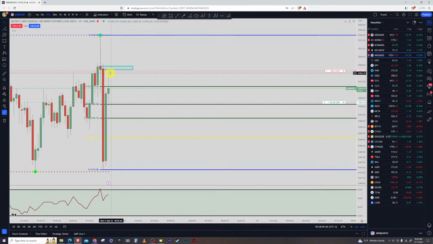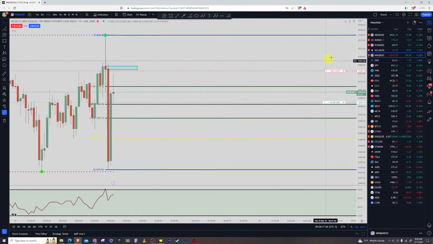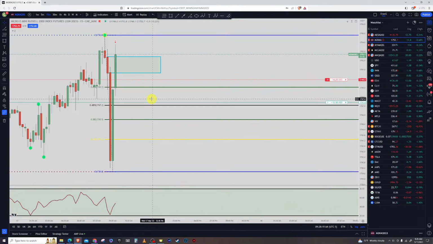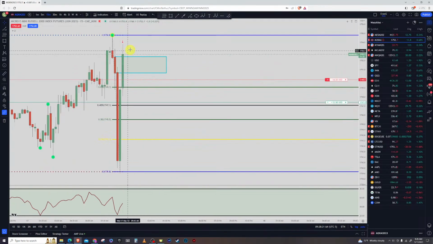So market has pushed up, didn't quite get us in right there. Unfortunately, that would have been really nice. Way it goes. Hopefully it'll keep on pushing up though, so we'll see. The market's popped off right here for the Russell, but no big deal. No problem holding overnight. You just have to make sure you have enough in the account.